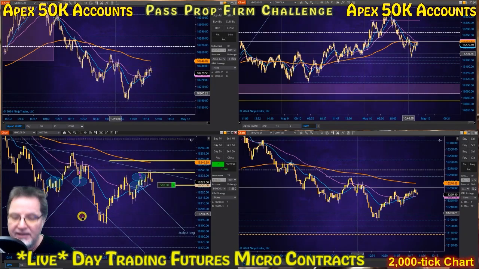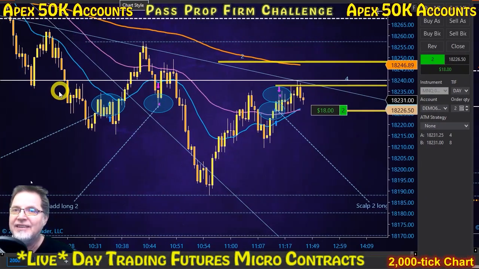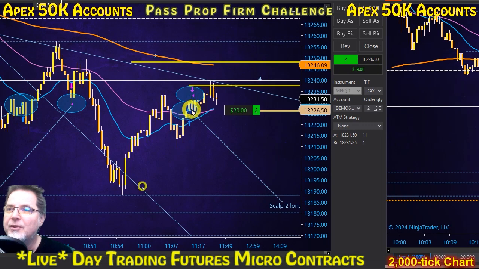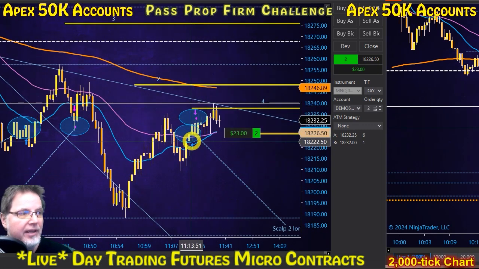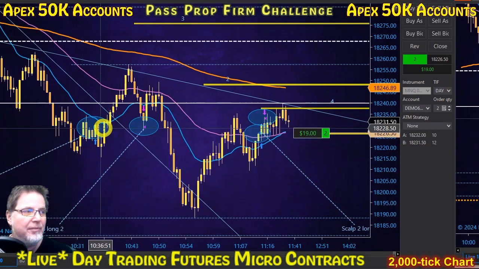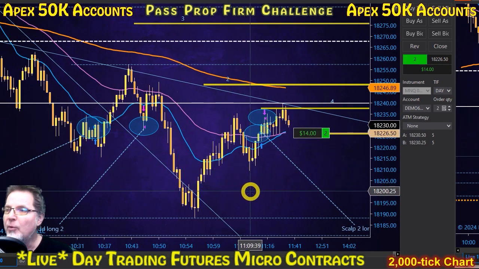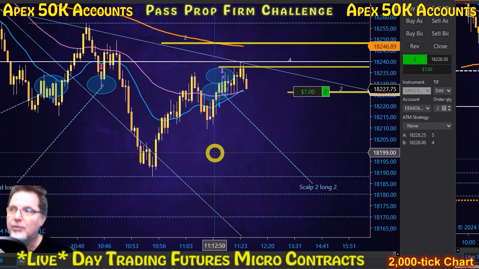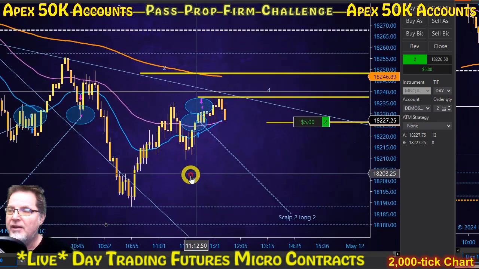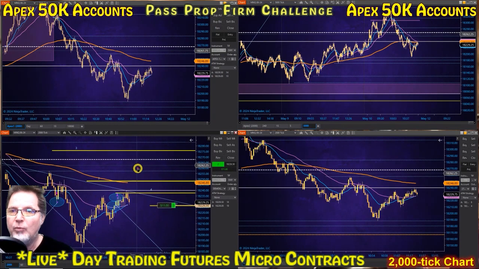Okay, what happened? It did end up going down further, and I accidentally added 2 and scalped 2 real quick. I only wanted to do 1, but that's okay. It was a profitable little scalp right here for 1. It came all the way back up to the price that I added. I'm actually feeling a little bit more confident about this area as the low of the day. I'm not sure, but I'm feeling confident. Right now we got our average price right here, and all it's got to do is go up and we'll break even for the day.